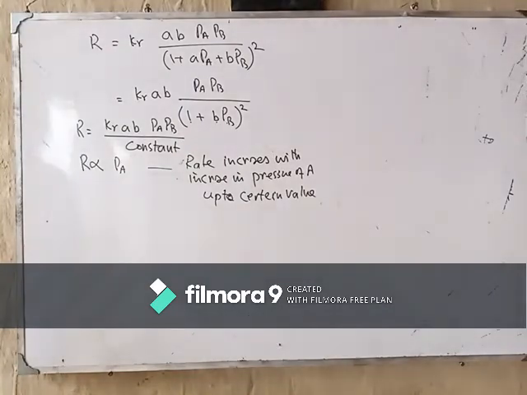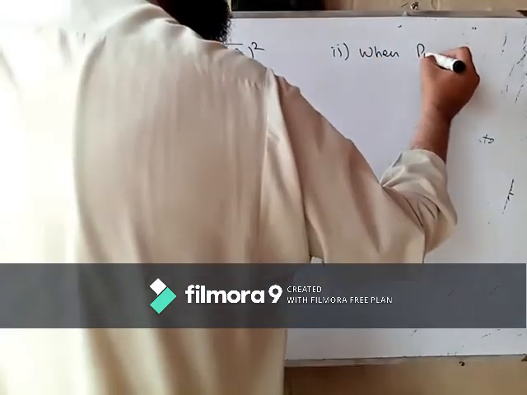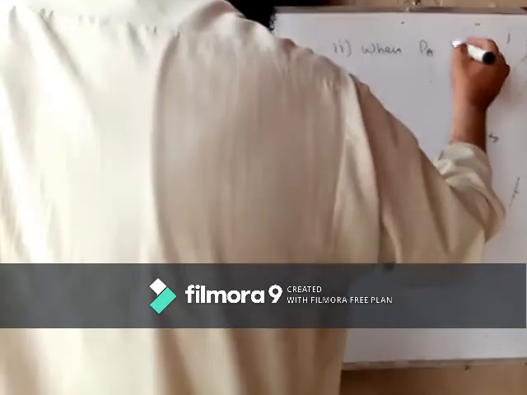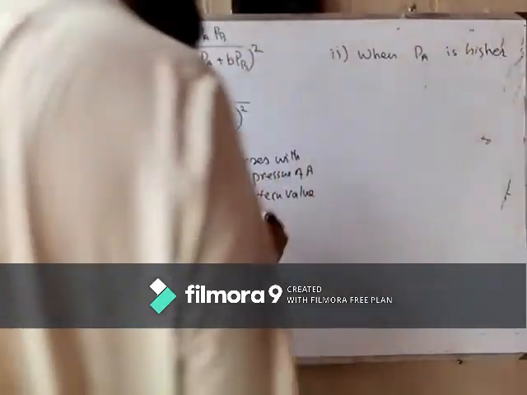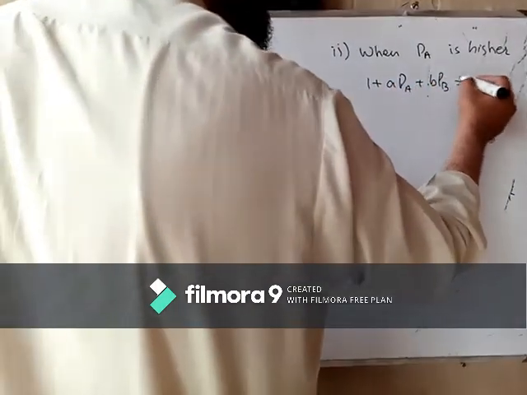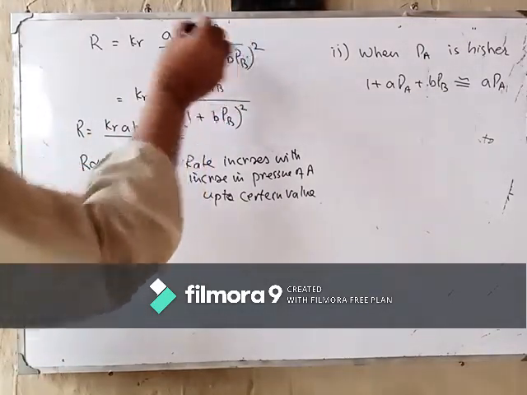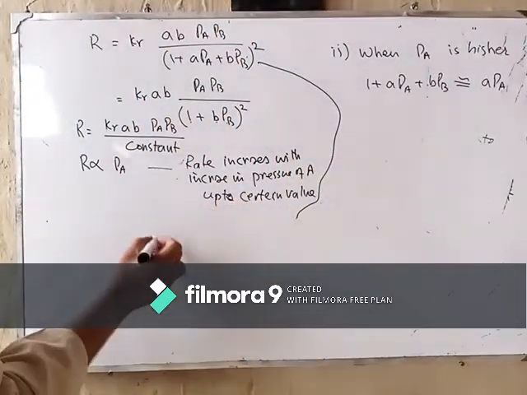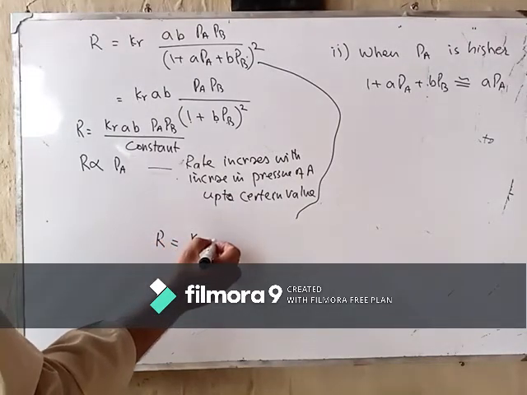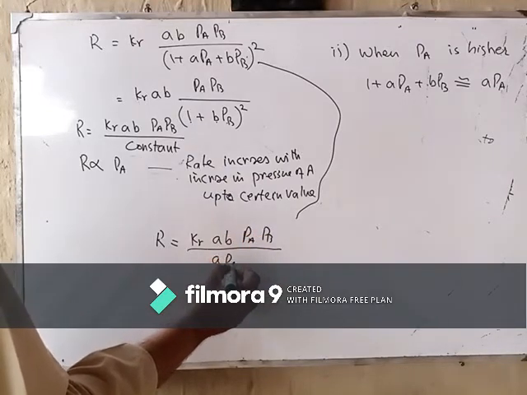दूसरी condition, when P_A is high, yes, number 2, when P_A is much higher, तो फिर क्या होगा, 1 plus a_A P_A plus a_B P_B, ये किसके बराबर हो जाएगा, this will be equal to a_A P_A. तो अब इस equation में value लगा लेते हैं. ये equation क्या बनेगा, R is equal to k_r a_B P_A P_B and (a_A P_A) square,